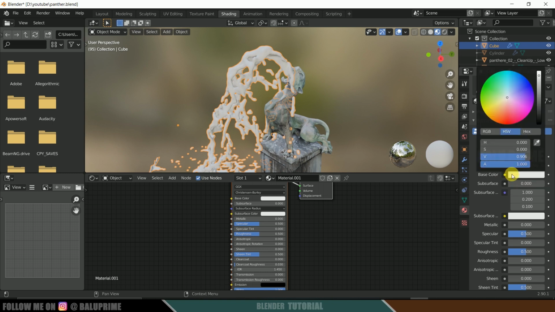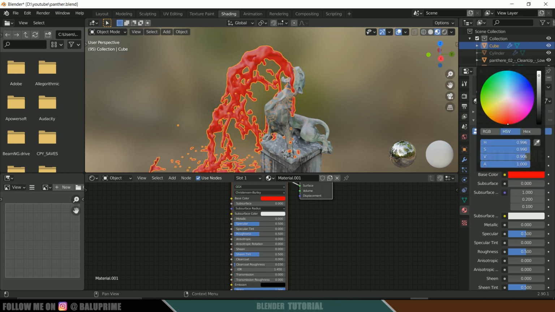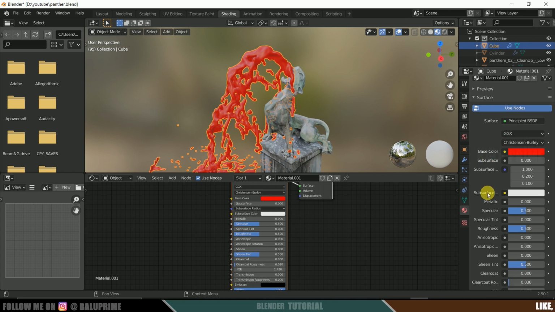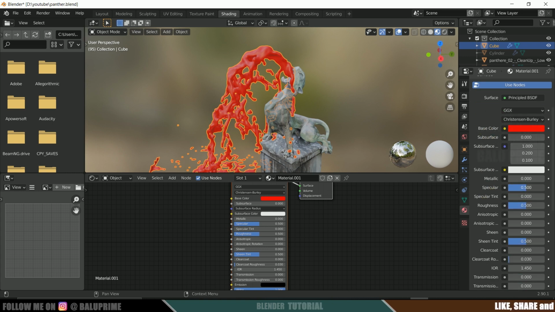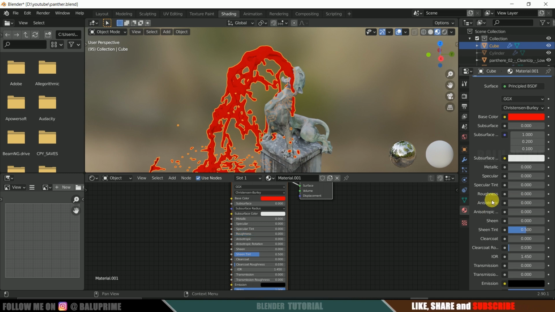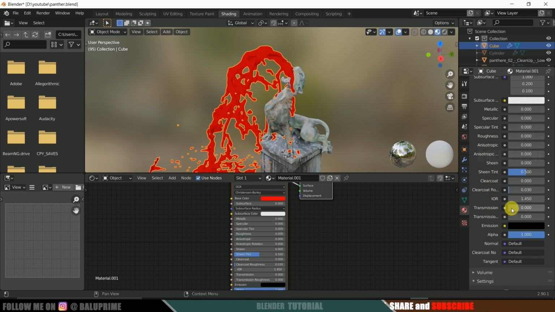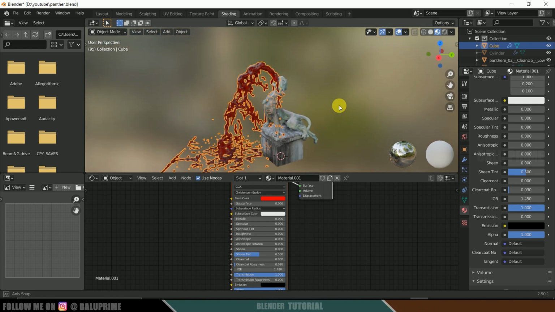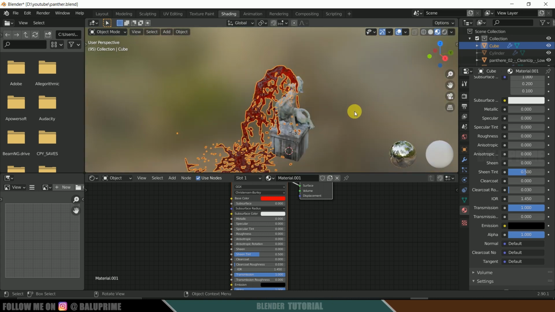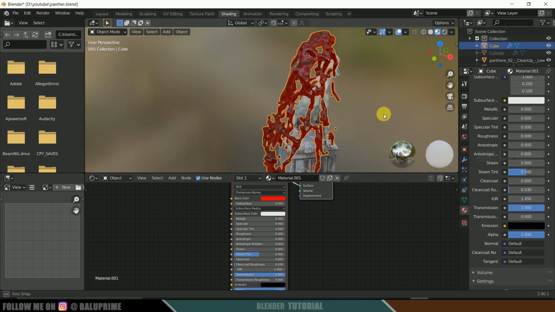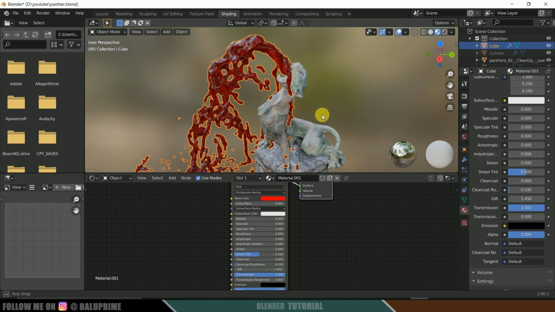Base color, I will be changing this to red. Choose which color you want. And specular, I'm reducing to 0, roughness to 0, and transmission, increase this value to 1. Okay, now it's okay for me. Not a water kind of look, but it's fine.